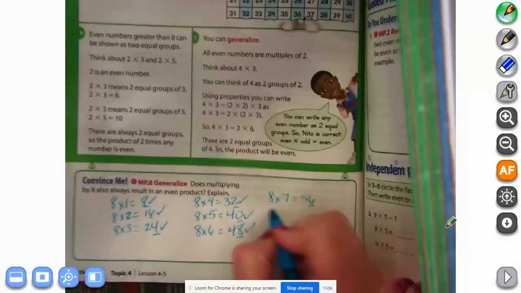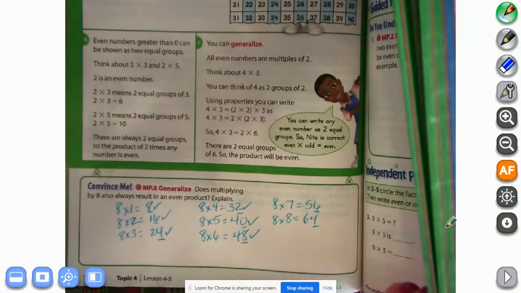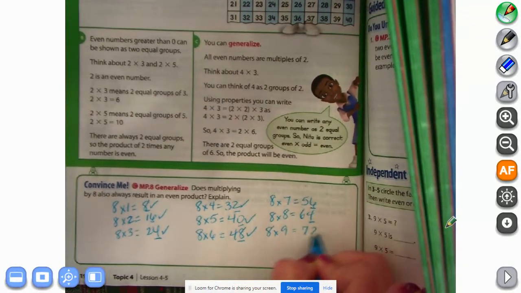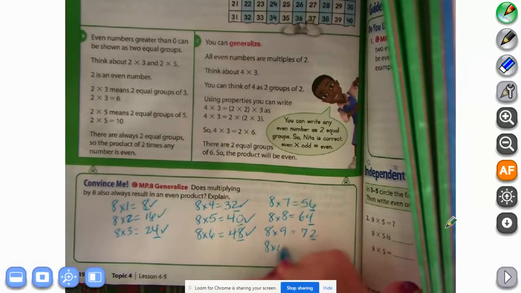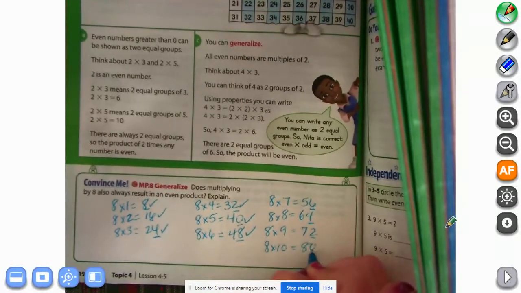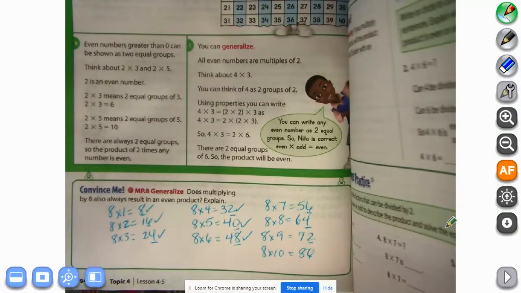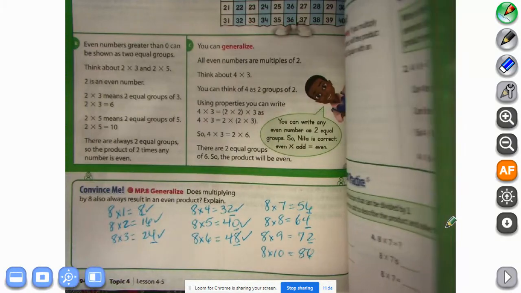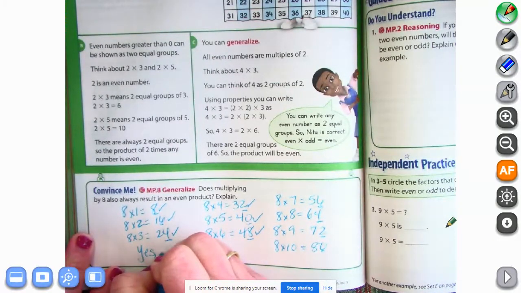All right, 8 times 8 equals 64. We've already decided that 4 is even. 8 times 9 equals 72. 2 is even. 8 times 10 equals 80. And we know that 0 is even. Okay, so does multiplying by 8 also always result in an even product? We've gone all the way up to 10. So, yes, 8